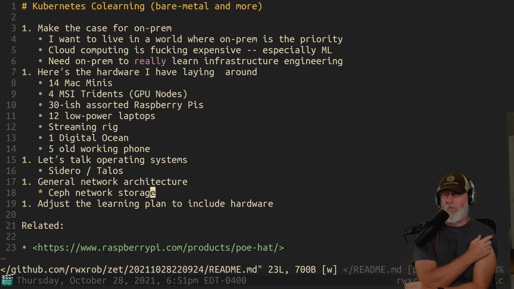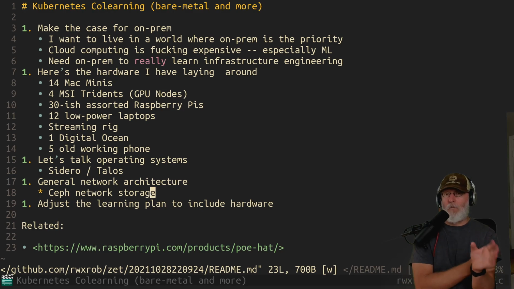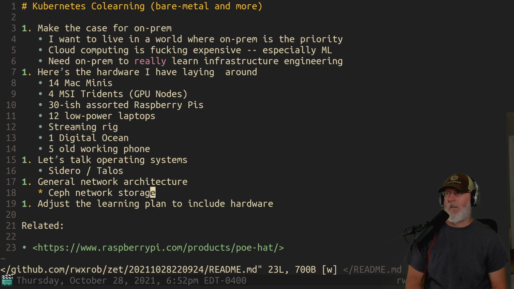Local storage just chops up a piece of your local disk, as I understand it, and uses that as a volume. That's really what we're talking about here. We have things to talk about, and I'll be drawing a lot of pictures.